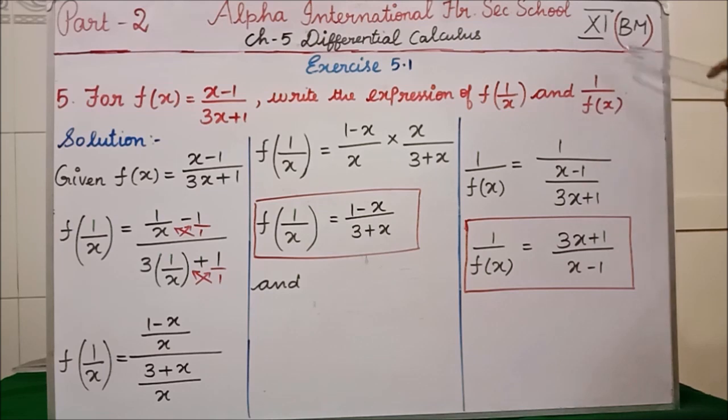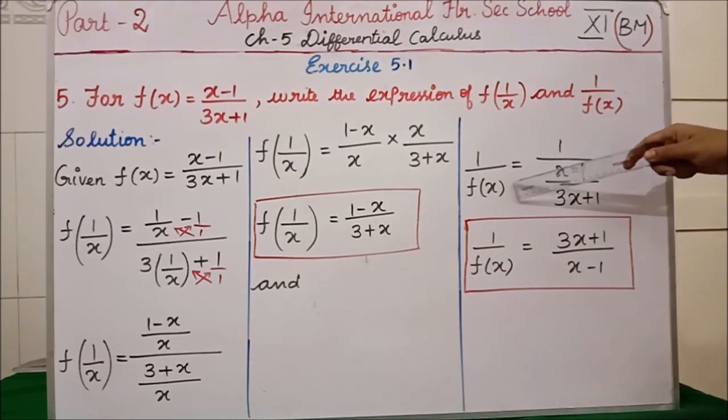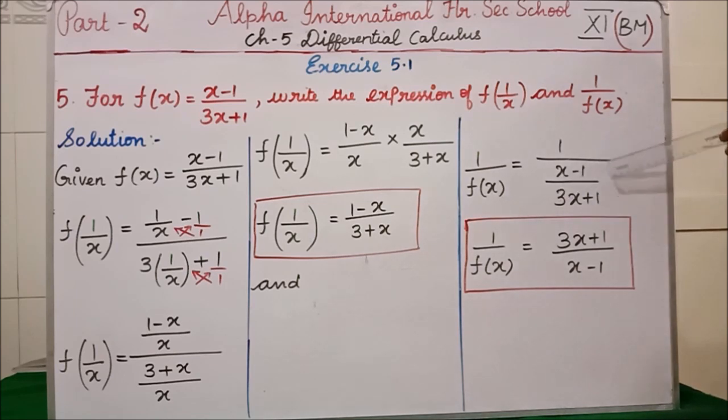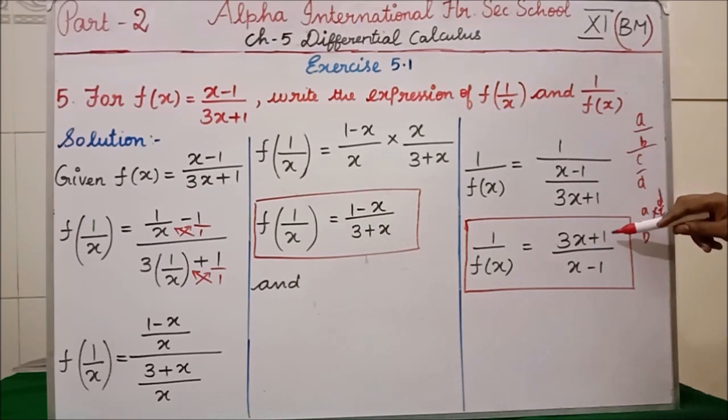Now next we have to find 1 divided by f of x value. See here 1 divided by, instead of f of x, in the question what are we having? x minus 1 divided by 3x plus 1. So write here the f of x value, which in the question itself they have given. Now see here only 1 is there, which means in the denominator part is 1. So again 1 fraction. So a by b divided by c by d, the fraction means how do we have to write? A by b into d by c, reciprocal. So like that only 3x plus 1 will go up, then x minus 1 will come down.